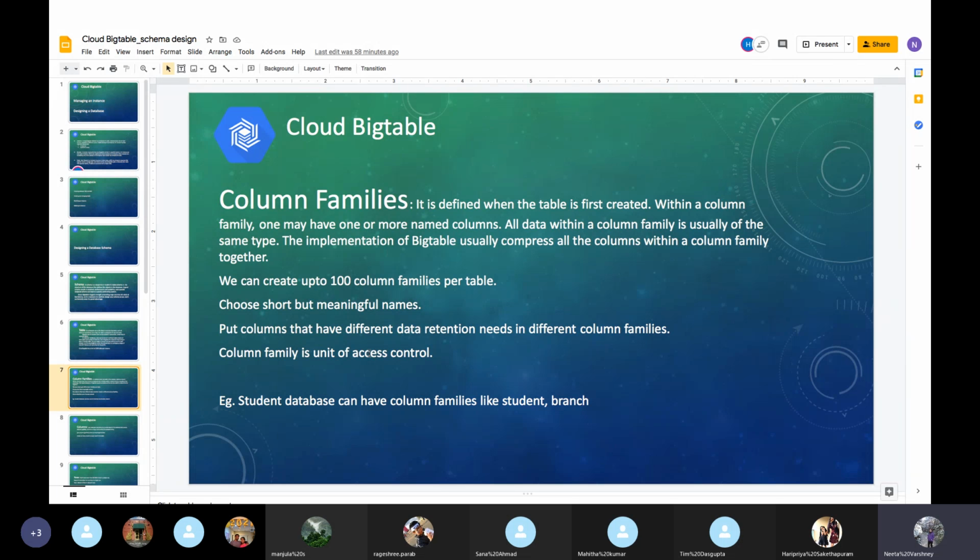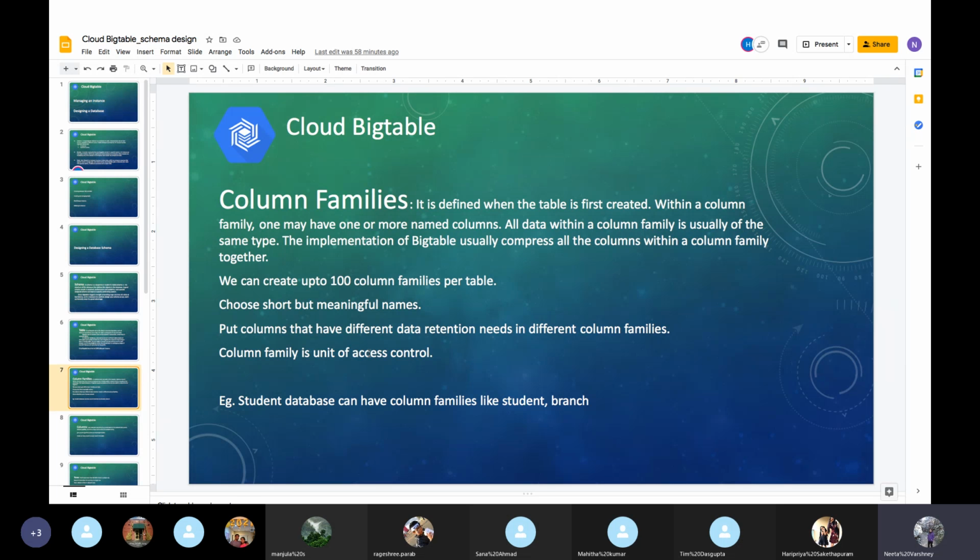So what are column families? A column family stores all the related data we have in our rows. Just to take an example, I want to create a student database. Every student will have some related personal information, like the student's name, age, and gender.